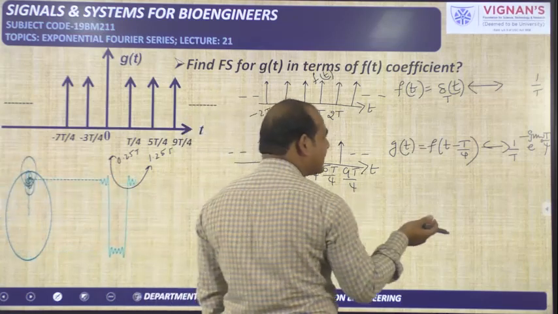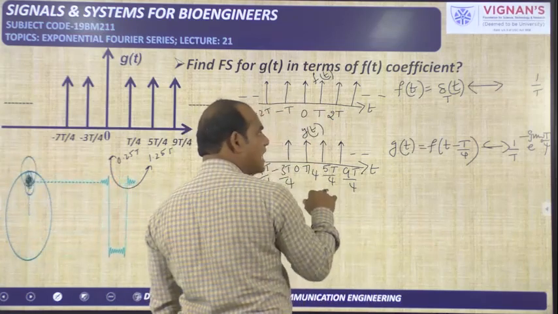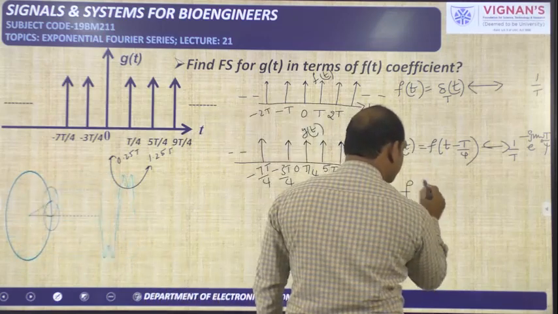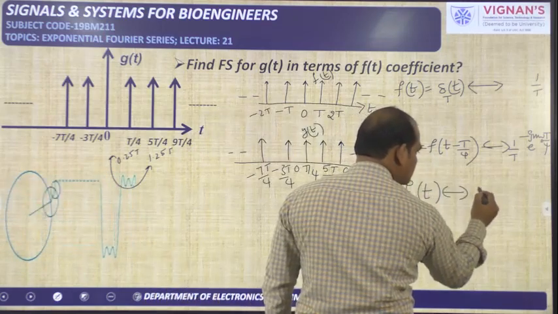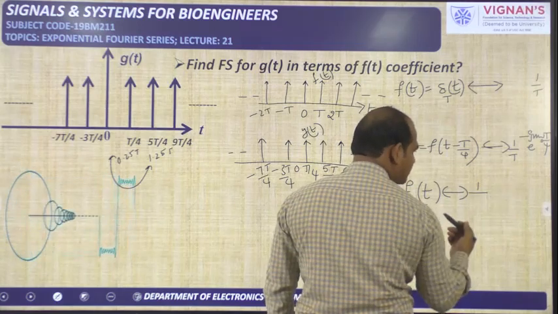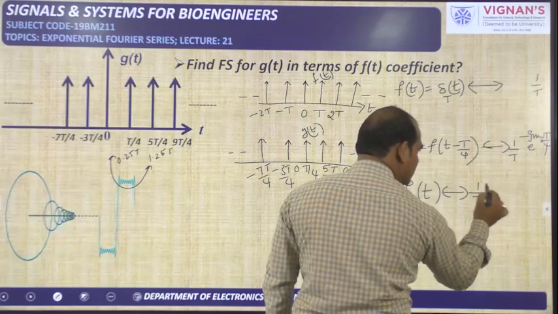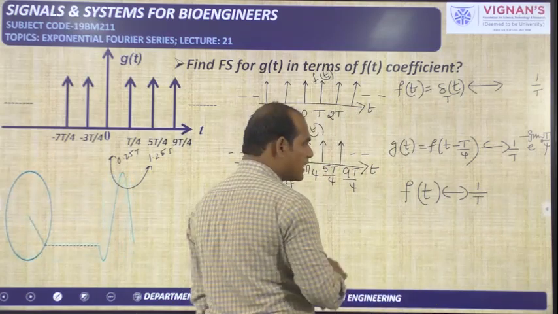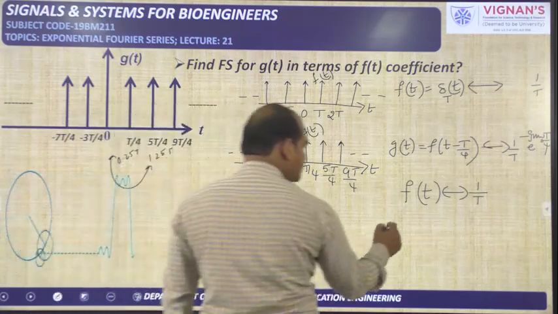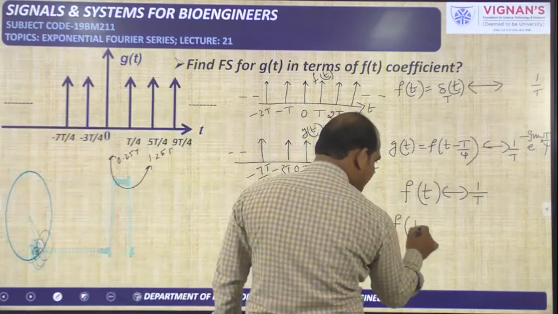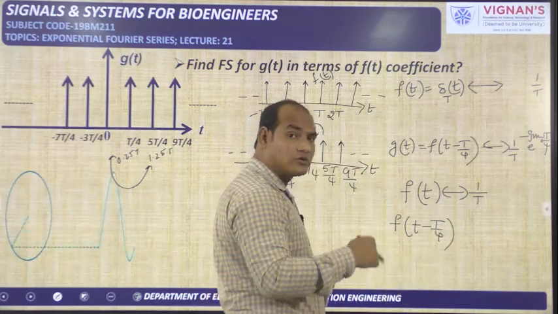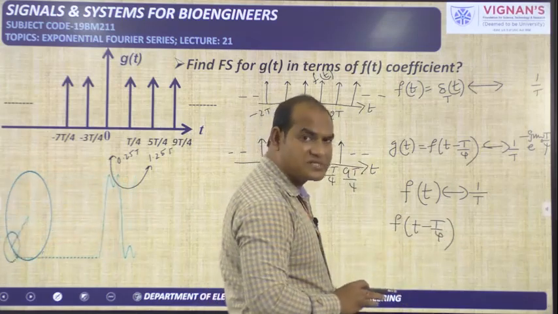Now instead of telling it is g of t, I am writing this one in terms of f only. So for f of t, I have coefficient is Cn. Sorry, in generalization I am writing. Otherwise you take like this only, 1 by T for the time being. Okay. So here delta T of t. Next for g of t or f of t minus capital T by 4, that means the signal has been shifted to right side by capital T by 4 seconds.